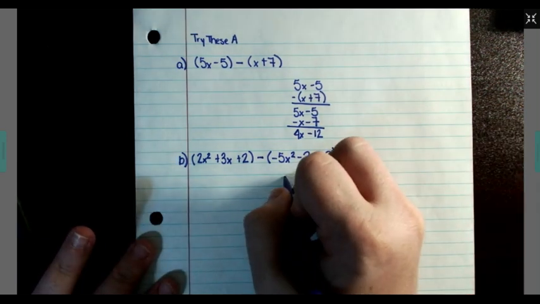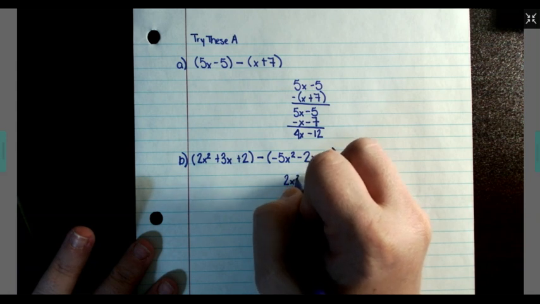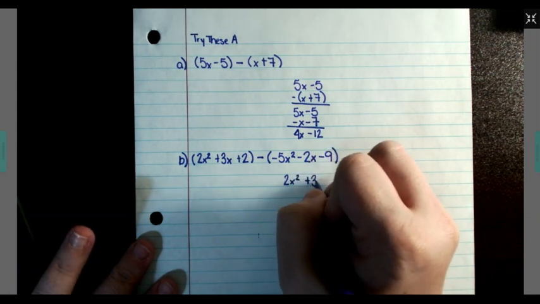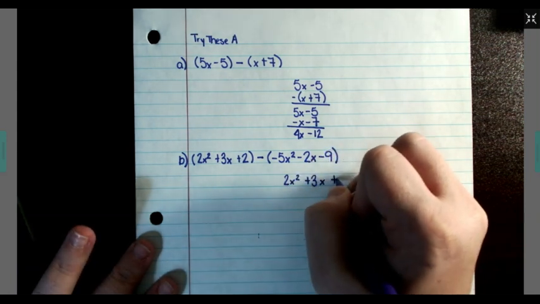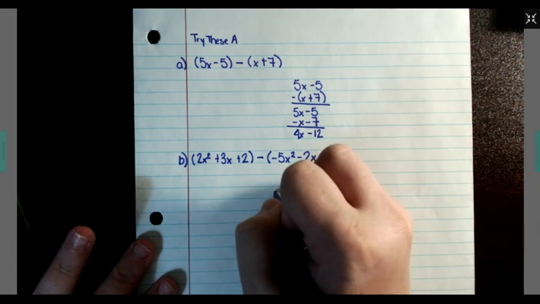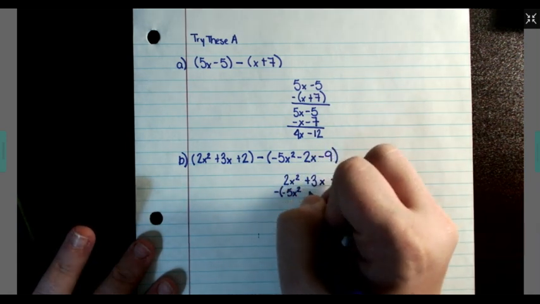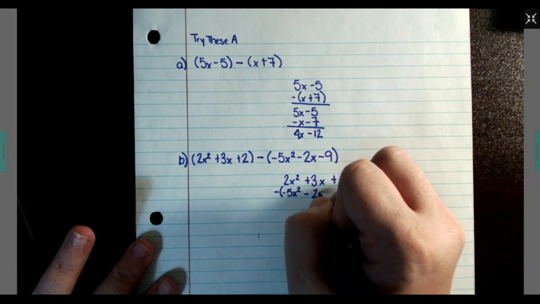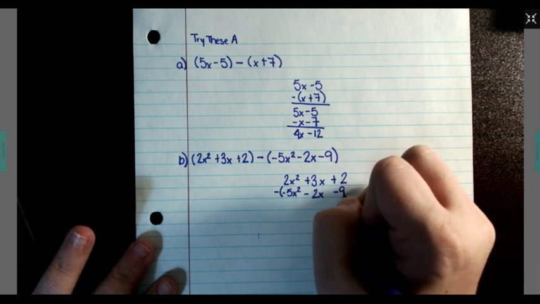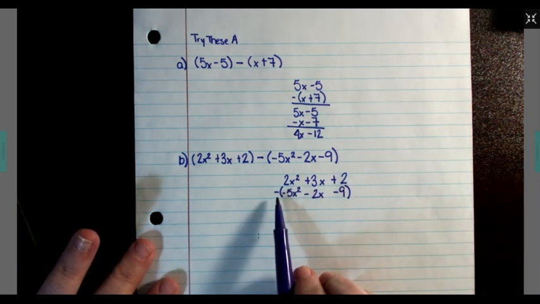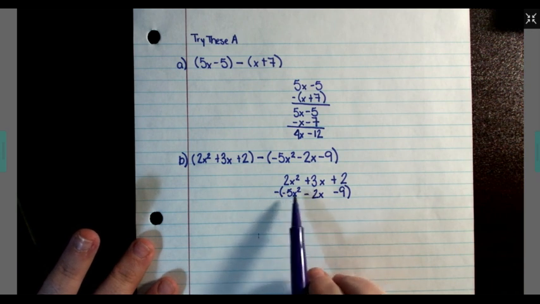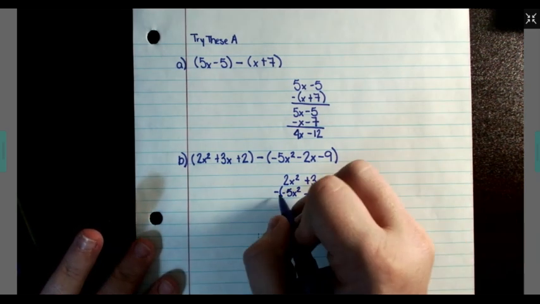So I'm going to write these stacked. 2x squared plus 3x plus 2, minus negative 5x squared, minus 2x minus 9. Now this negative is going to distribute into each term, so it's going to change the